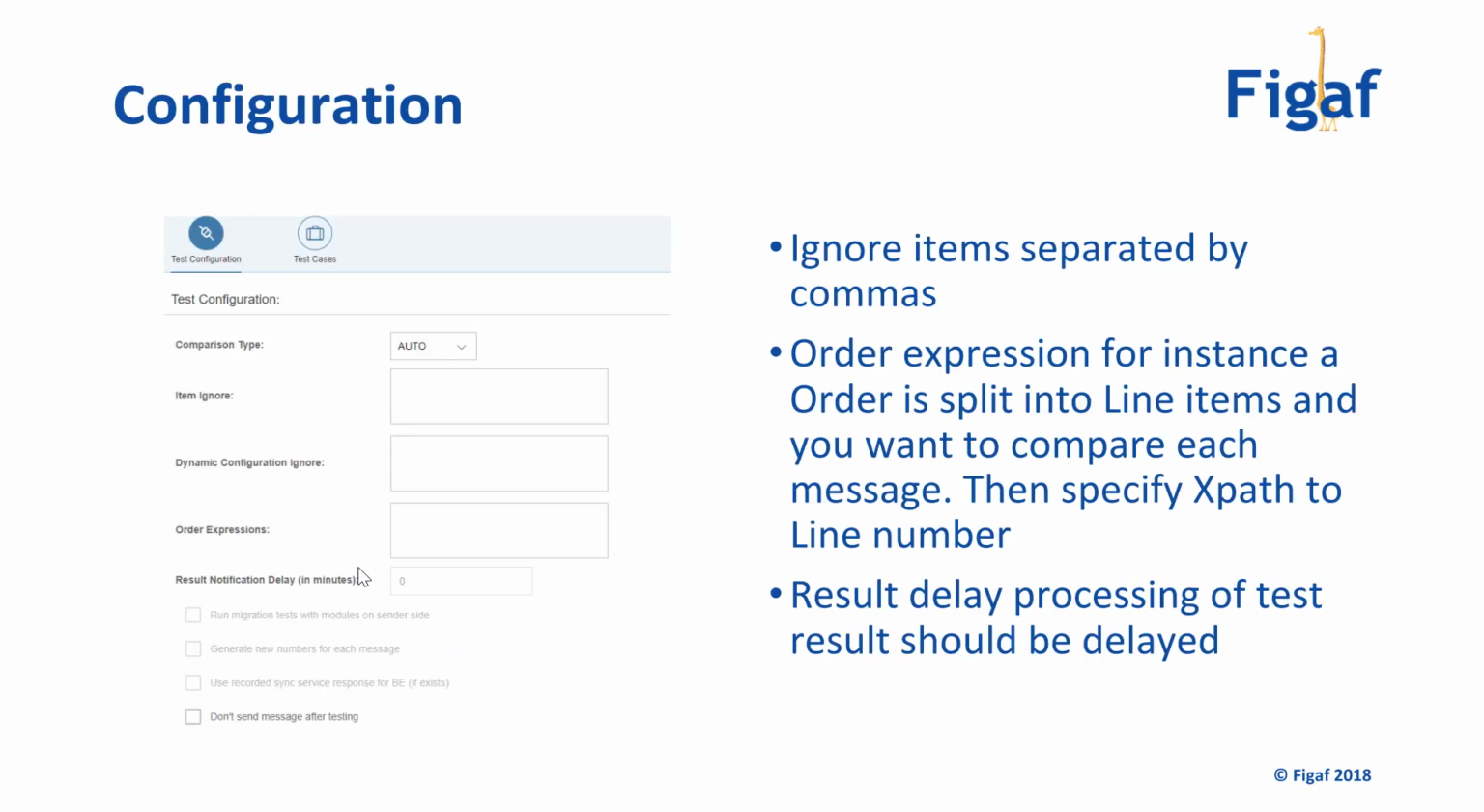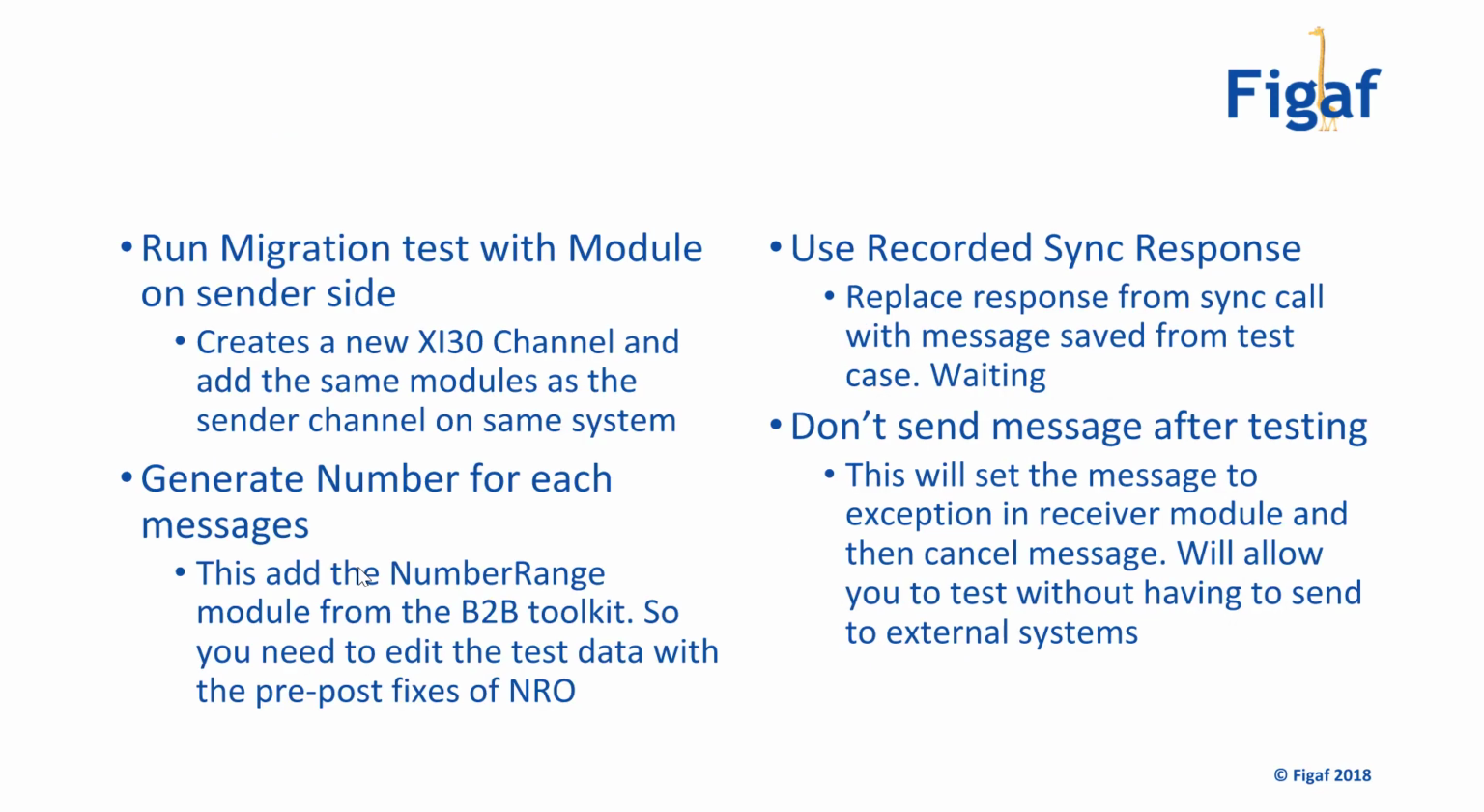Then we got the checkboxes below that contained a little more textual description. So, run migration test with module on sender side. This was the part I mentioned that by default it will just use one generic XI30 channel. But if you say that the modules on this communication channel are important, then you can set this check